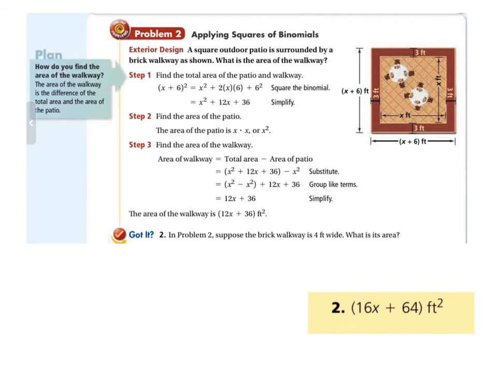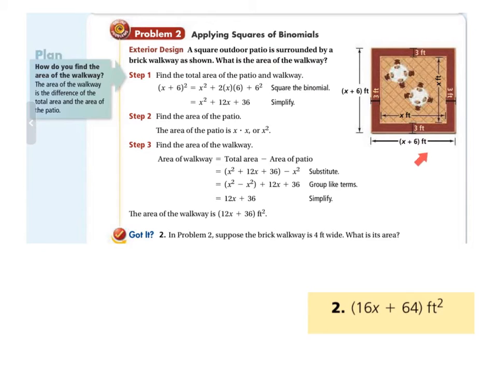Now we can use this to do kind of real life problems. I don't know if these are necessarily actually real life, because I don't think people go, oh, I'm going to throw an x in there, random things like that. But it says a square outdoor patio is surrounded by a brick walkway shown. What is the area of the walkway? So here's the idea. Big square, x plus 6 on the outside. And where did I get that? Well, the inside is x, x, x, x, and the walkway is 3 and 3. So this x plus this 3